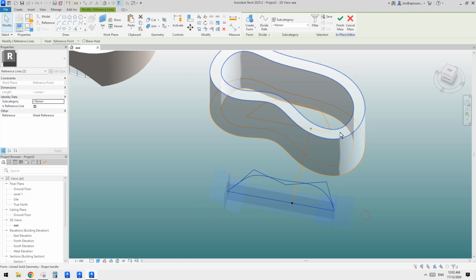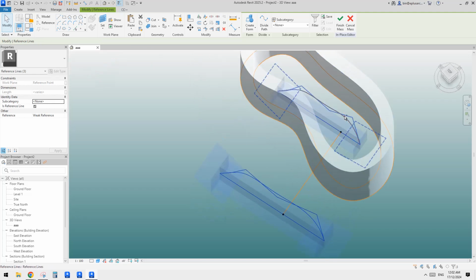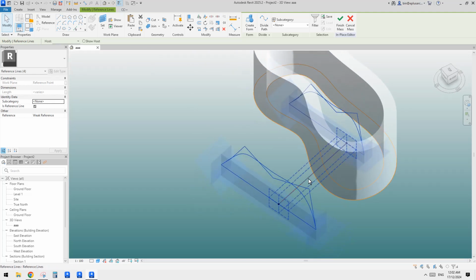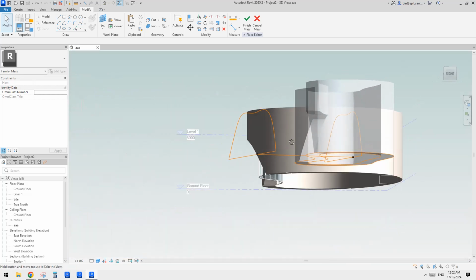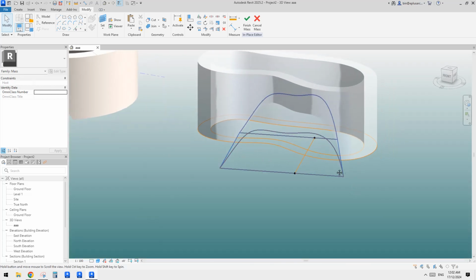Oops, doesn't work. Select all these reference lines. Probably we don't even need to select the path. So you can create a form. So I'm going to use a void form, so you can see it will automatically cut this. Okay, so